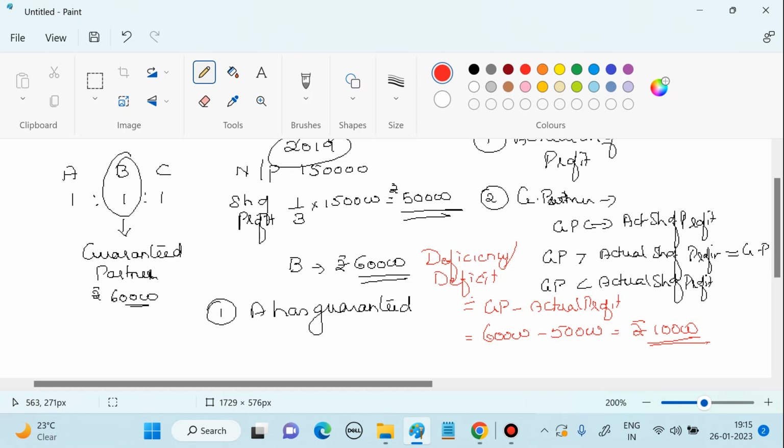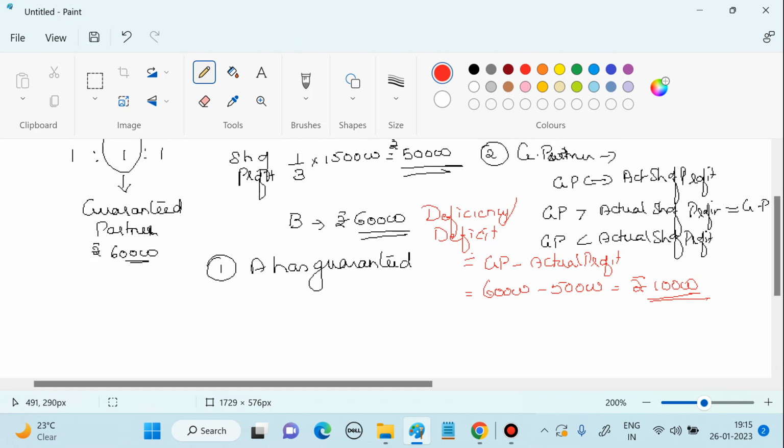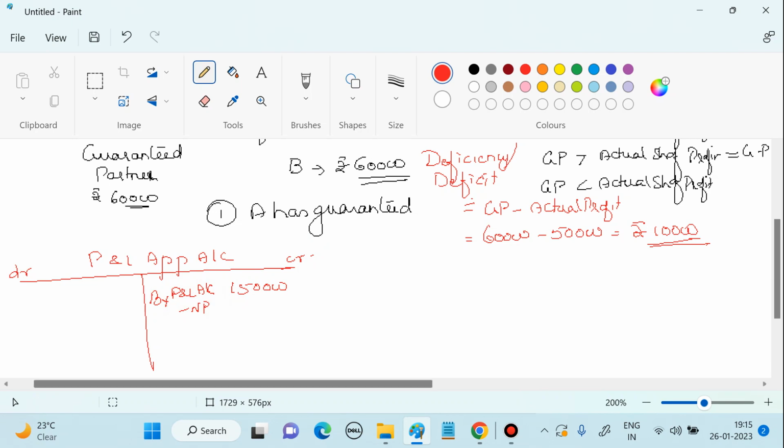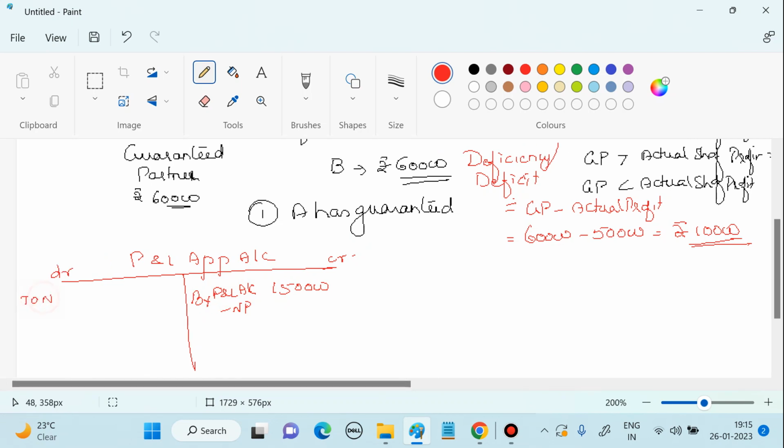You have to refer to the question that has been given to you and see who has guaranteed. First example is where A has guaranteed. If A has guaranteed, then what would happen? A has to give from his share 10,000, which we will add to B. So when you prepare profit and loss appropriation account, you would have 1,50,000 as the net profit,